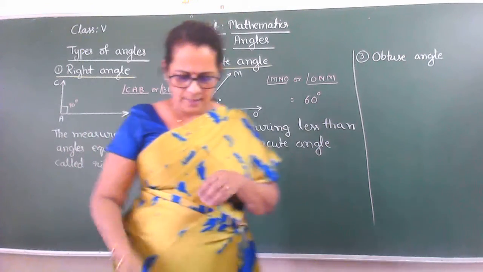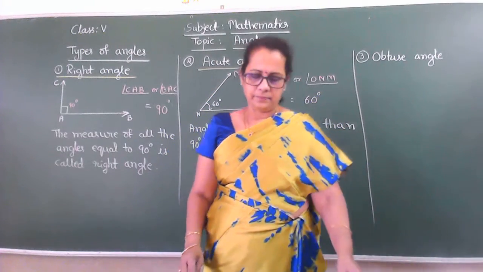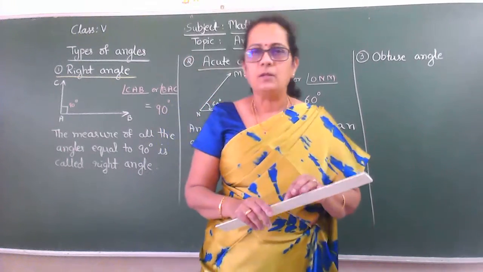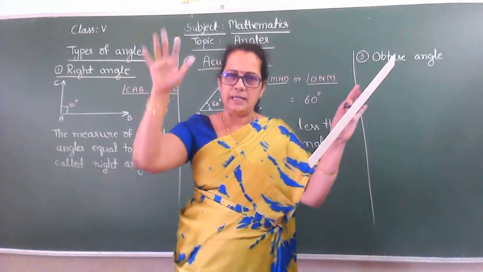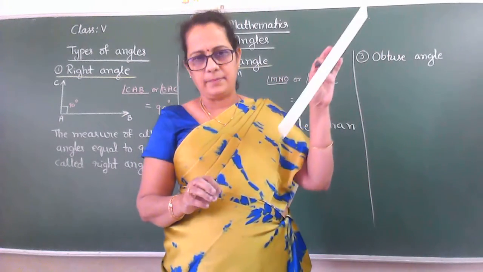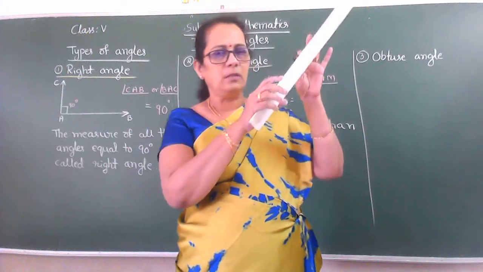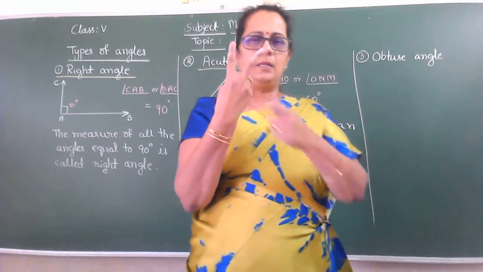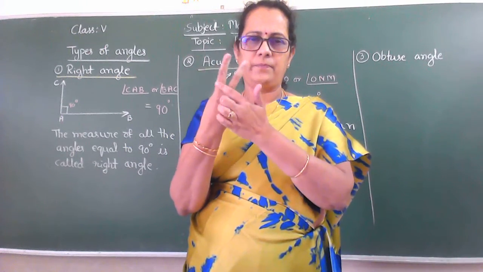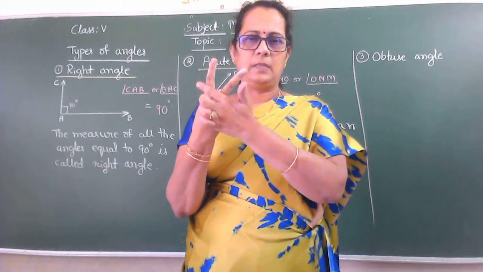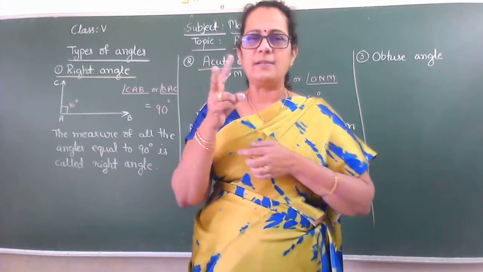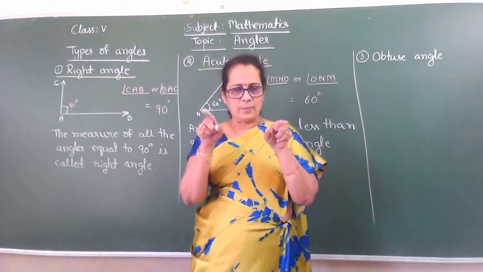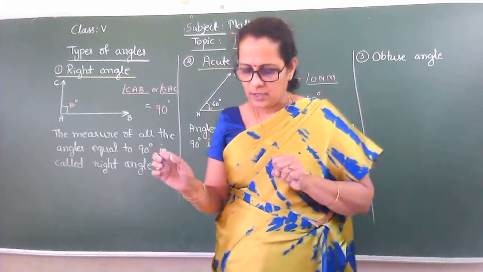So you can give so many examples for this. A ladder which is kept inclined onto a wall. So how do you keep that ladder? It is inclined to the wall, isn't it? That one also you can give as an example, and also the angle between two fingers. This is also an acute angle. Or scissors. You use scissors, isn't it? When you are using scissors, the angle between the two blades is an acute angle.